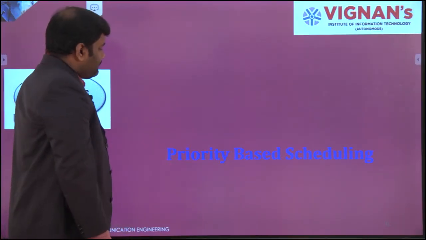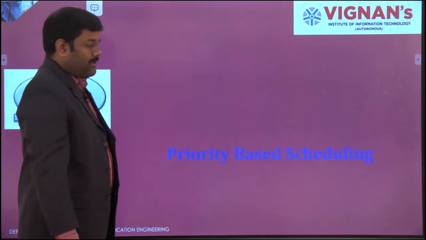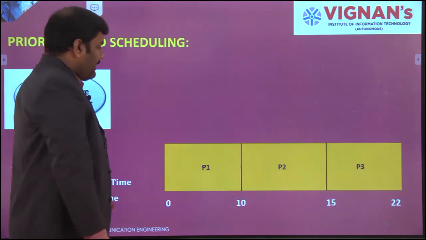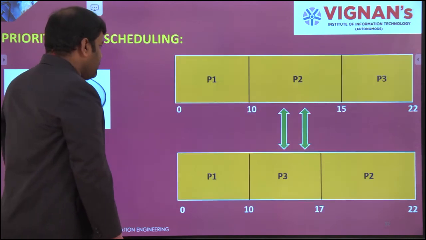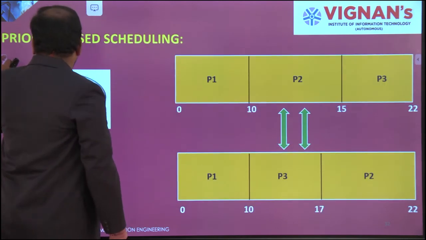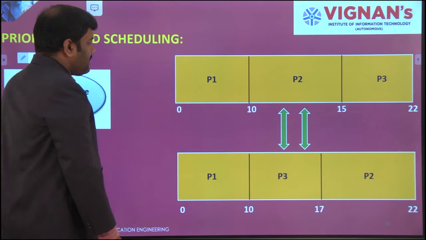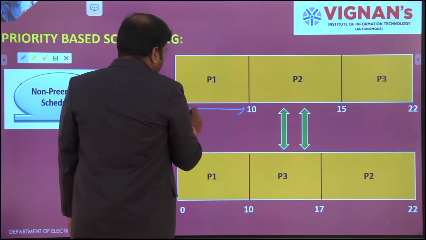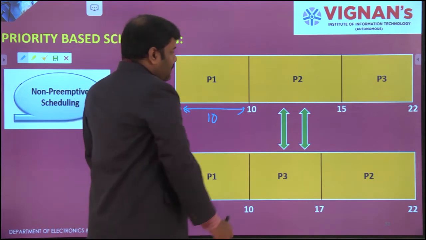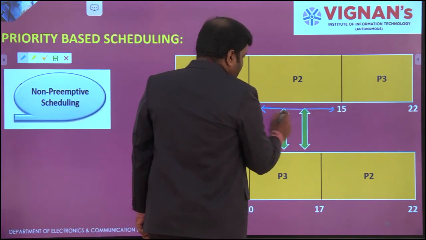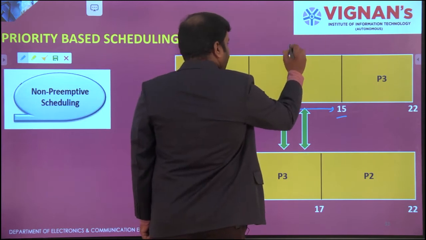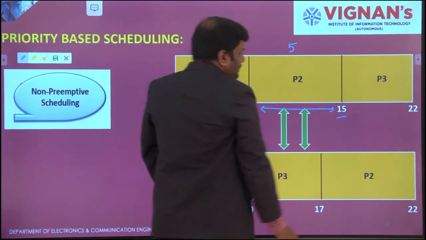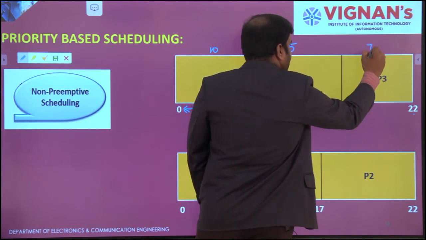And the next one is priority based scheduling. So you already learned in the second one, last in first out. The same as this will also be last in first out. But there you have used only one thing, here you are using maybe more. So initially I have taken P1, P2, P3. This is my P1, having a duration of 10 seconds. The next one is my P2, having a duration of 15 minus 10, 5 seconds. And the last one is P3, 22 minus 15, so 7.